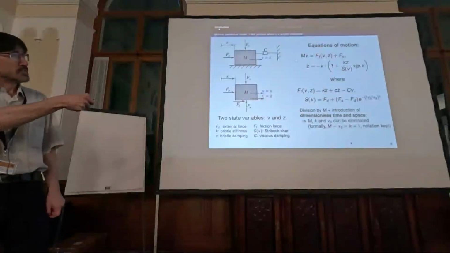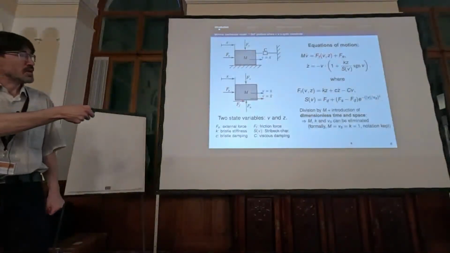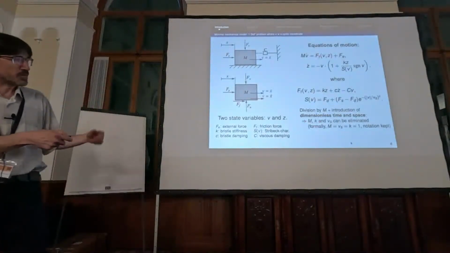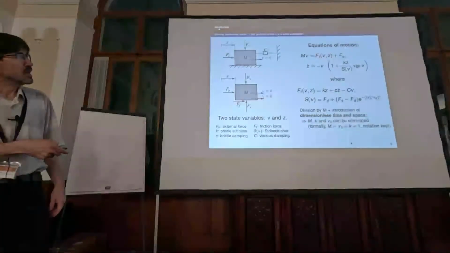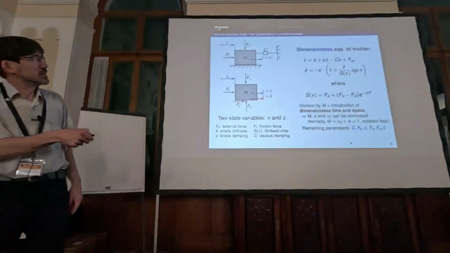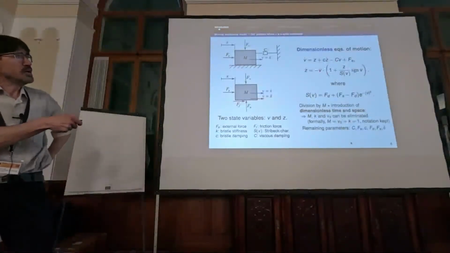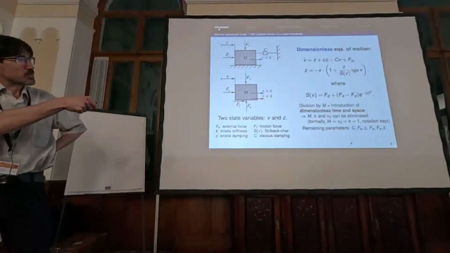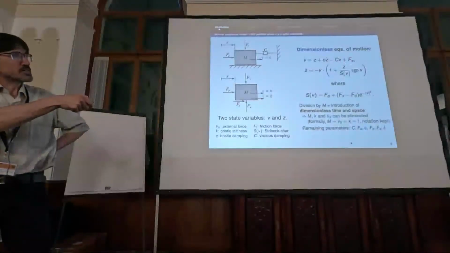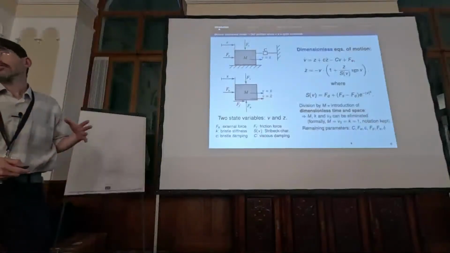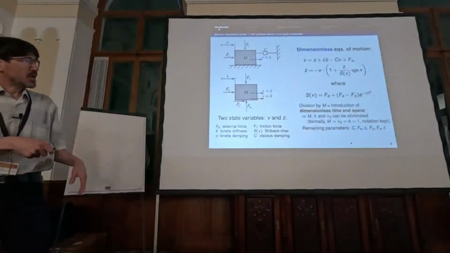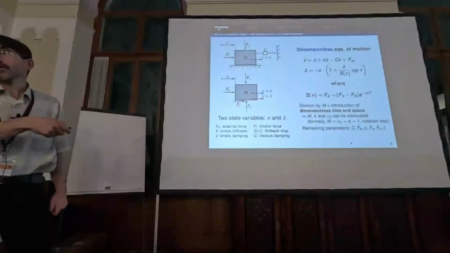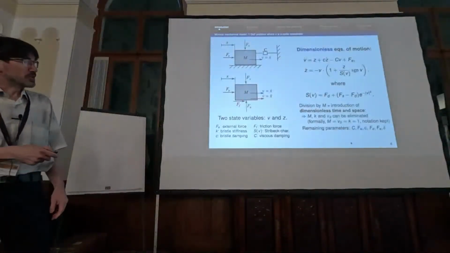If we divide the first equation by the mass and introduce a dimensionless time and dimensionless space, then 3 parameters can be eliminated, and we obtain dimensionless equations. Here, 3 parameters, the lowercase c bristle damping, the capital C viscous damping, and the external force F_e will be considered as bifurcation parameters, while the other 3 parameters that remained in the Stribeck characteristic will be considered to be fixed.